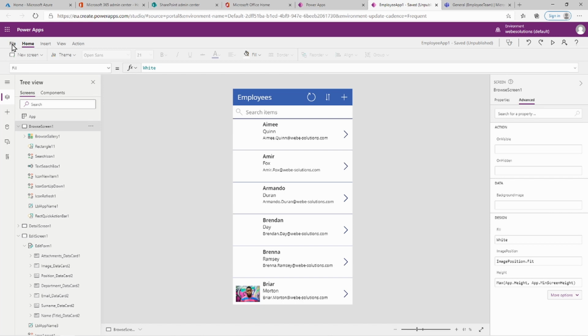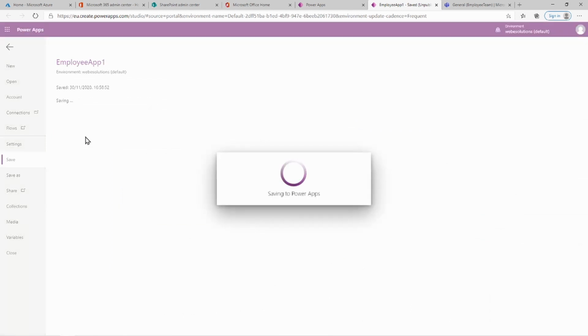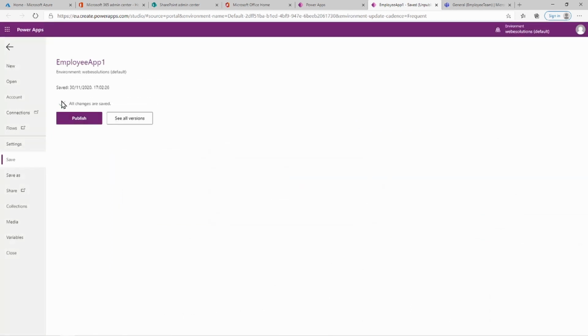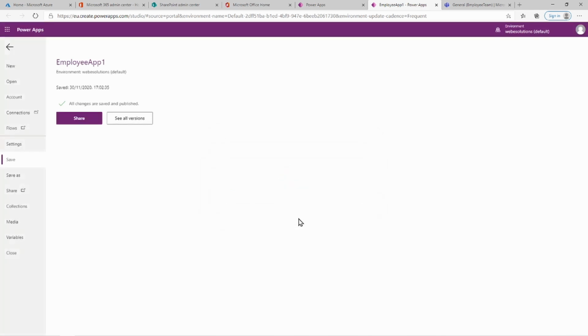So what we want to do now, as I mentioned, I'm not going to make too many changes here, so let's click on File, click on Save, and you can see now we have the option to publish it. Once you've published it, it will be available to everyone. So you can say Publish, or everyone that you've shared it with. And if you click on the Share button,